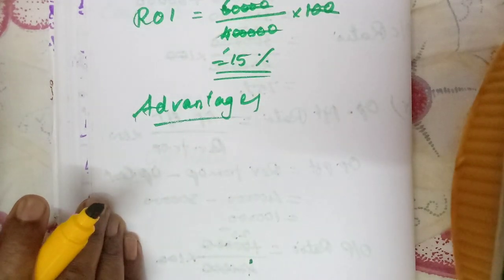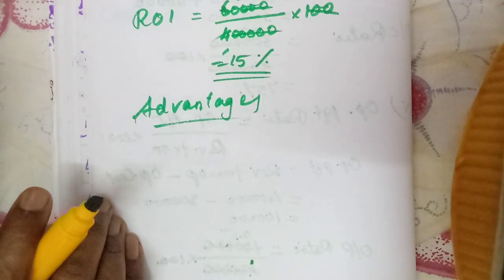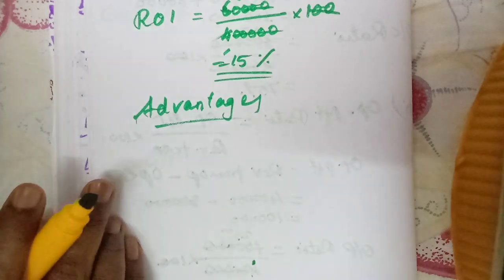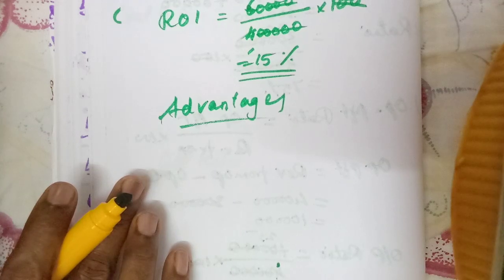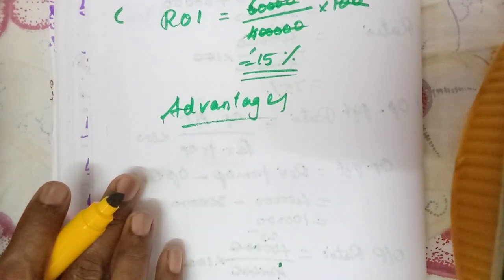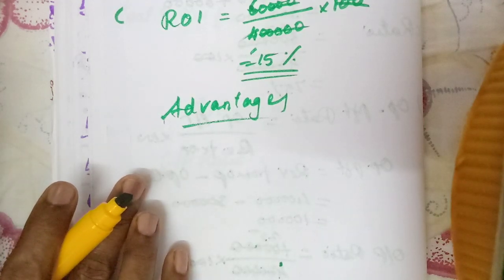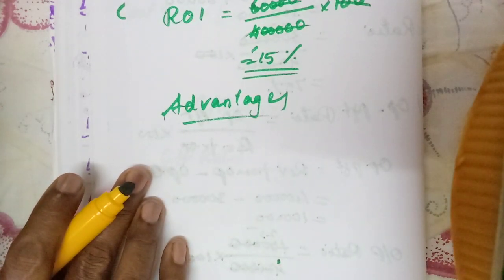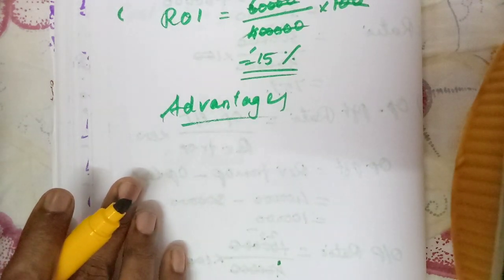Then their solvency, isn't it? All that we have learnt, the short-term solvency, that means the liquidity position. Then they can do intra-firm comparison, that means within the firm many departments can be compared, and their profitabilities are compared. The net profit, all the profitability ratios are measured, isn't it? All these are the advantages.